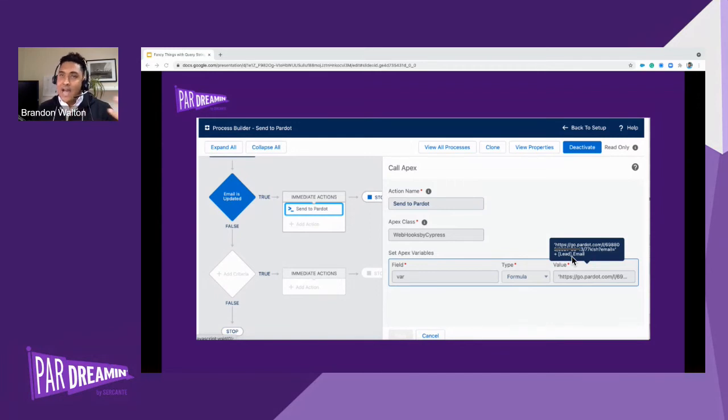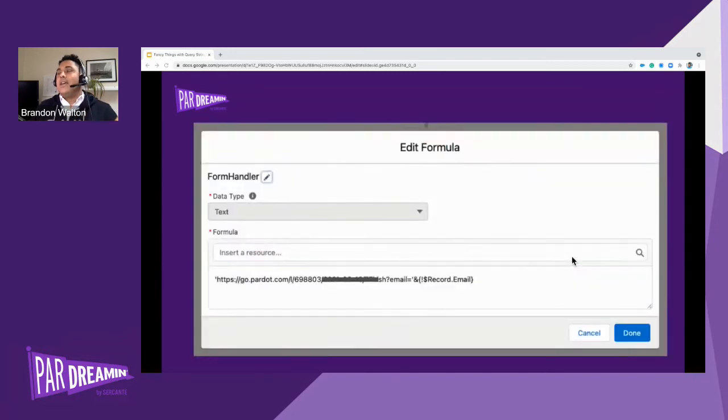So I'm realizing as the years go on, I'm becoming more and more of this old school guy. Like even with all the new Pardot drag and drop stuff, I'm like, but I like the HTML builder. I love process builder, but doing my due diligence, I do understand that we do need to move everything over to flows. So it does work with flows. I have tested it. What you do, you create a formula inside of your flow, and you add your Pardot form handler in there. And then you have your email equals the record email.